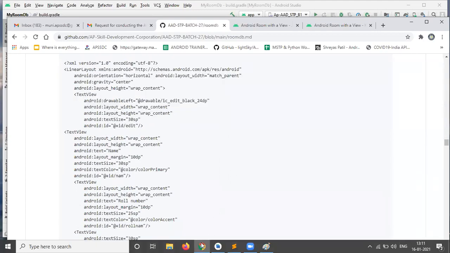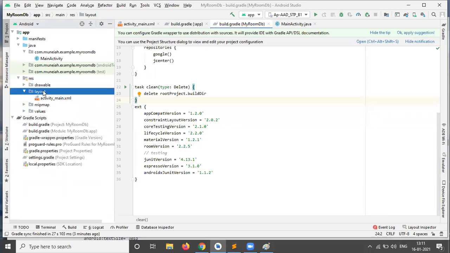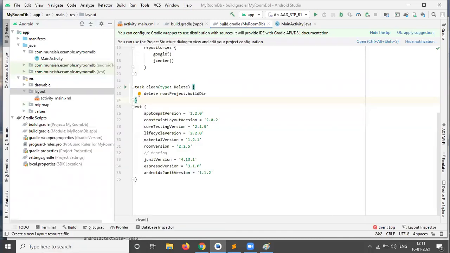Just open our Android Studio and come back to our layout file. In the layout folder, right click, new, layout resource file.